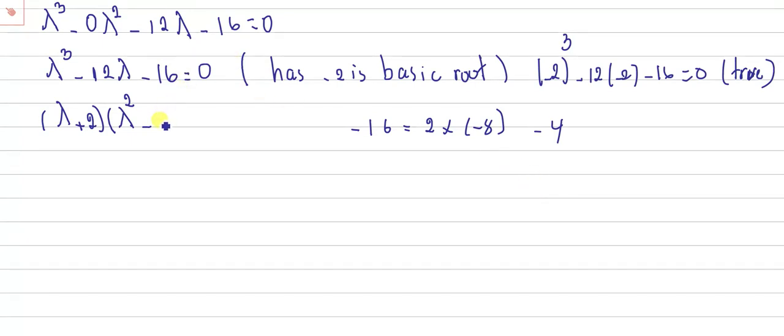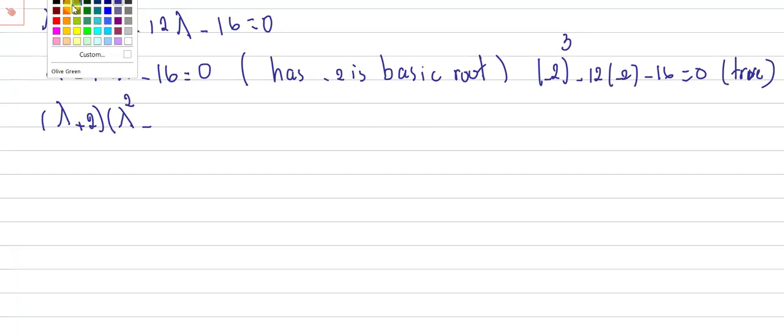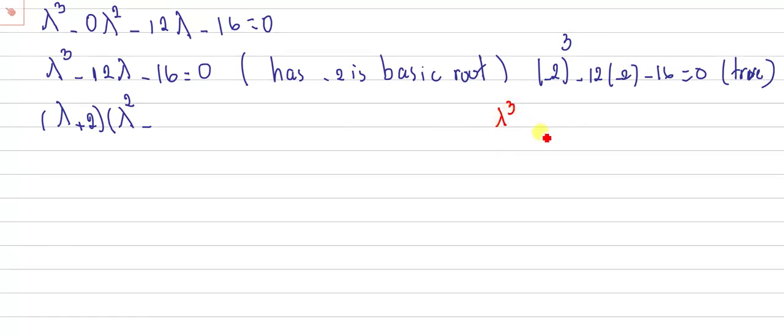So I can write, or something we can just take canonic. We do with the canonic. We take lambda cube minus 12 lambda minus 16 to be with